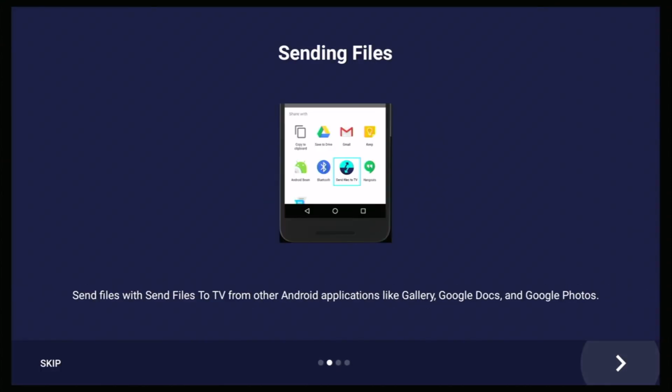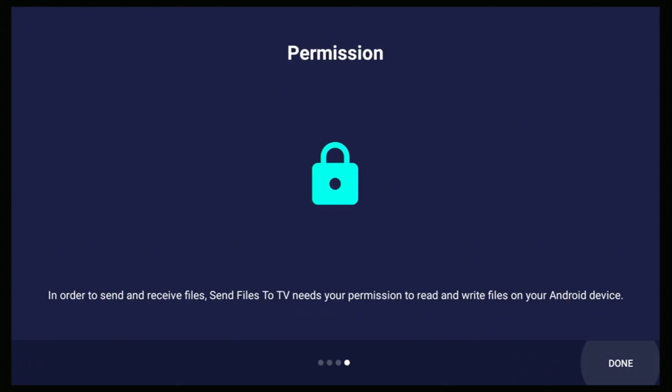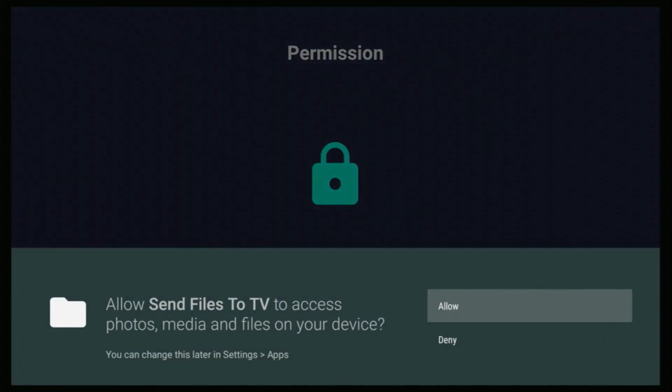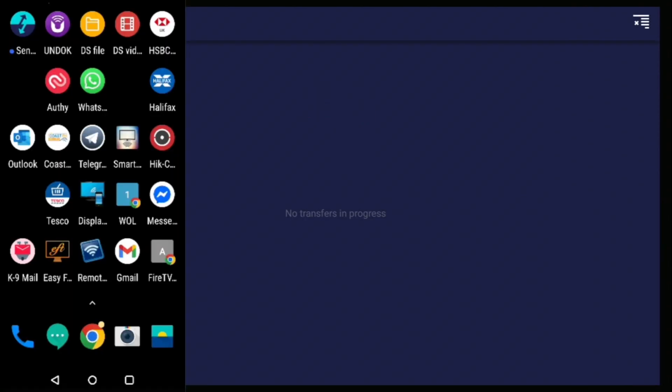And then just go through this guide here. We want to allow Send Files to TV to access your photos, media and files on the device. So make sure that Allow is highlighted, because if it isn't, then it's not going to work. Make sure Allow is highlighted, middle button on the remote. And then we want to go over to Receive there, middle button. Let's go back to the phone and